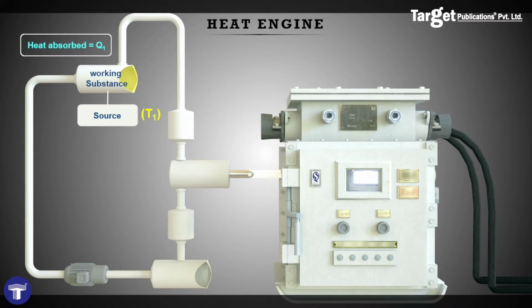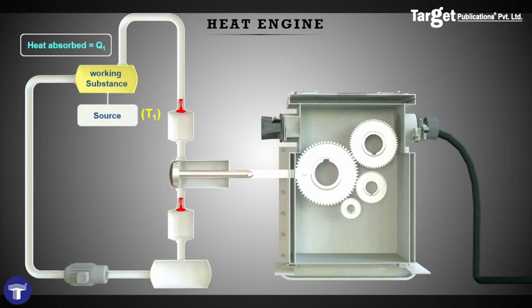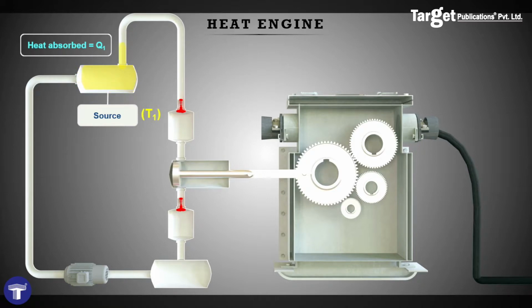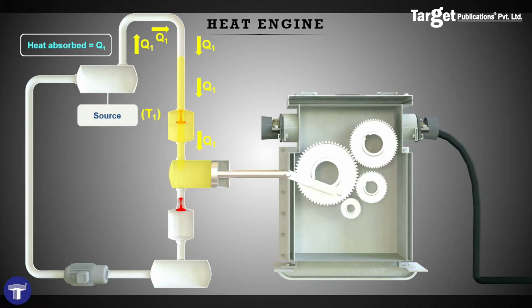Once this working substance absorbs the heat energy Q1, let's say that the working substance may be a gas, and then this gas will expand and move through the pipe where it reaches the chamber of the piston. And therefore the heat energy is traveling to the chamber where the piston resides, and because the gas now has heat energy, it will push the piston and cause the piston to move, which will cause the wheels to turn,